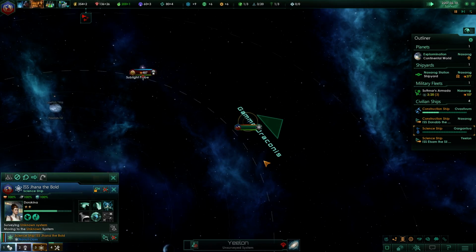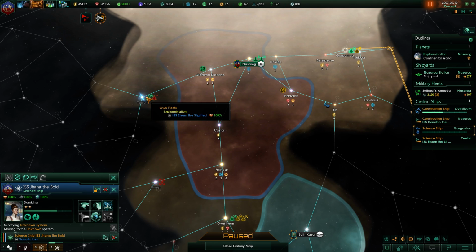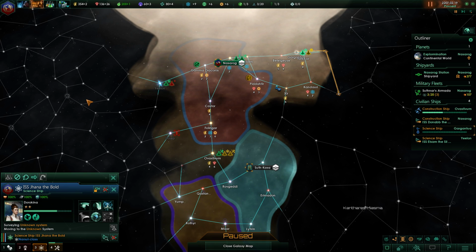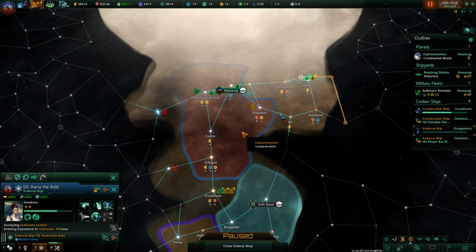Subspace anomaly. Ooh, get out of there. That's not good. Oh, that's really not good. If we're going to get trapped in here, it means that we've only got really one place to expand now when it comes to the west side of the map. Not good. I'm going to have to build up my...